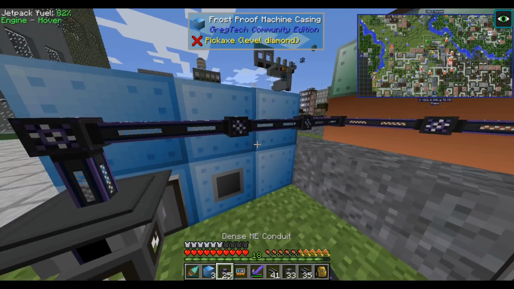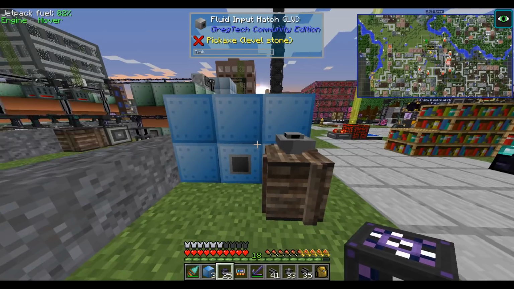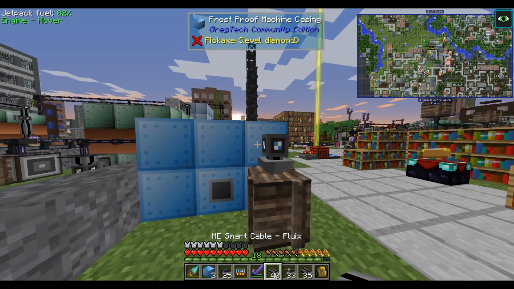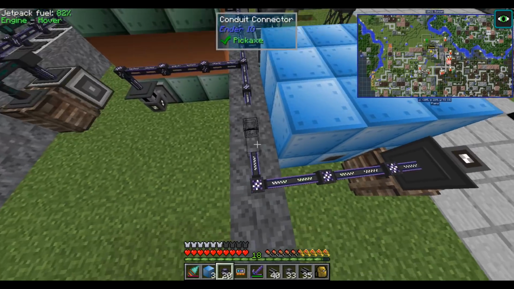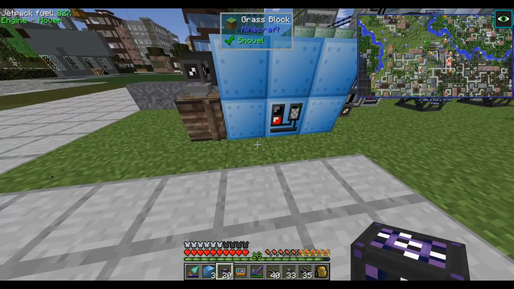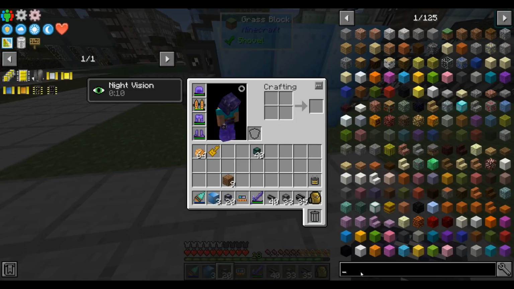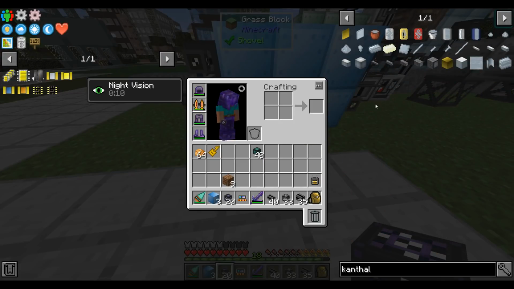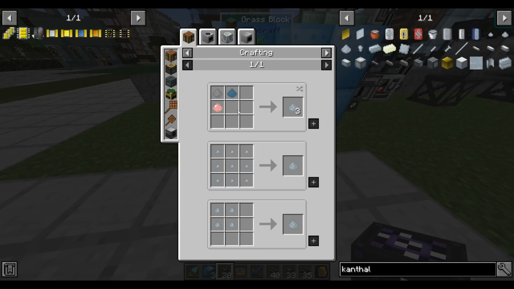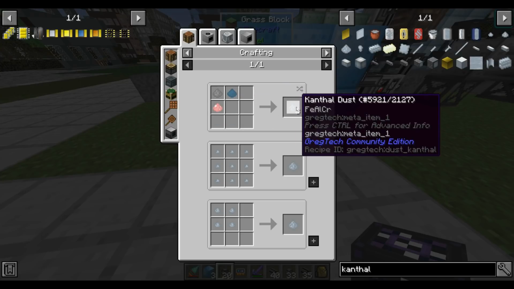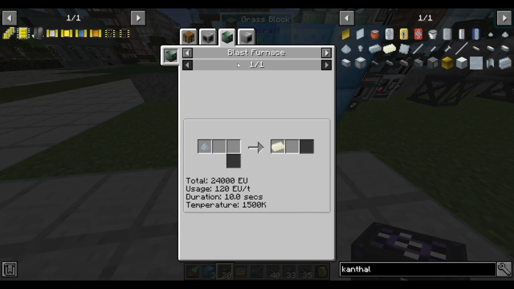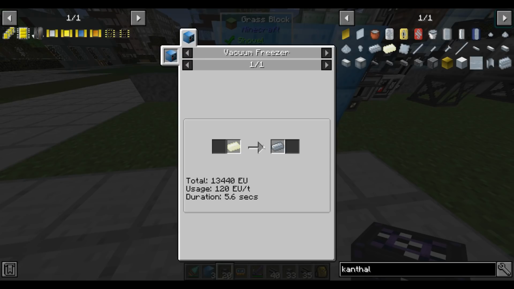So the first type of hot ingot I think we have to make is canthal, which will be the coil material that we use for our titanium. Canthal isn't all that difficult. It's iron, aluminum, and chrome dust mixed together to make canthal dust. And then this will just go into a blast furnace, which will cook it,